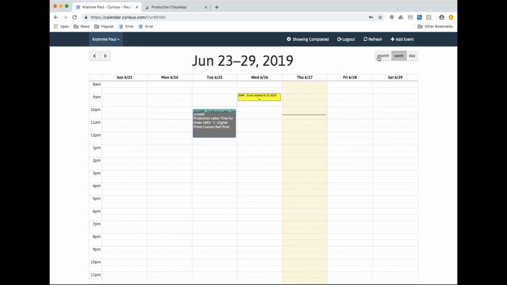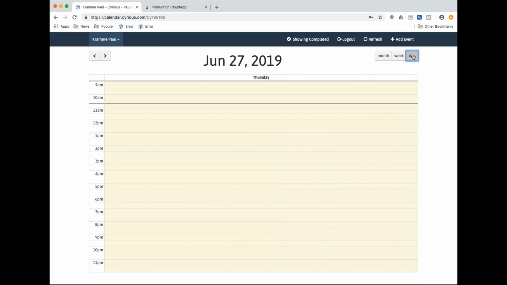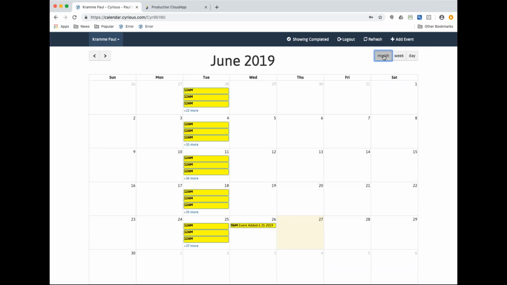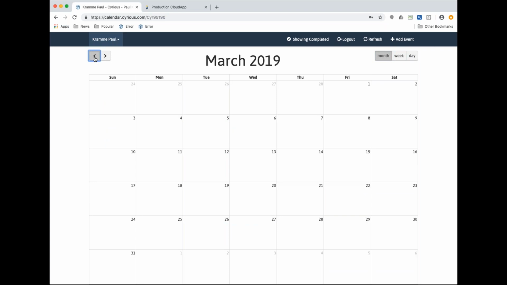You can look at it from a monthly view, a weekly view, which is what I've got up here, or for a day. So I can narrow it down to just today. We just looked at the week, and I could look at it from a month. And I can scroll backwards. If I go clear back to last year,